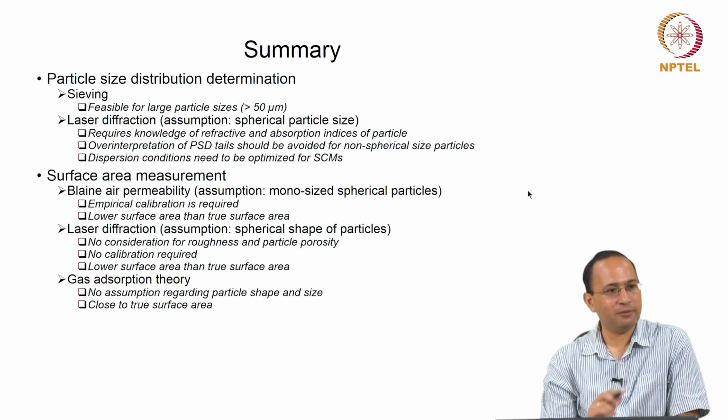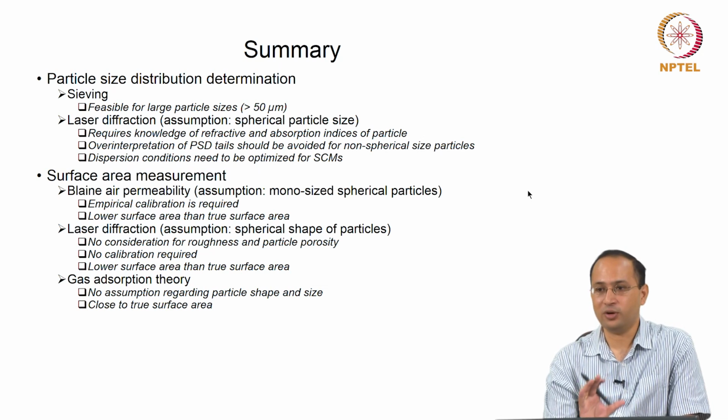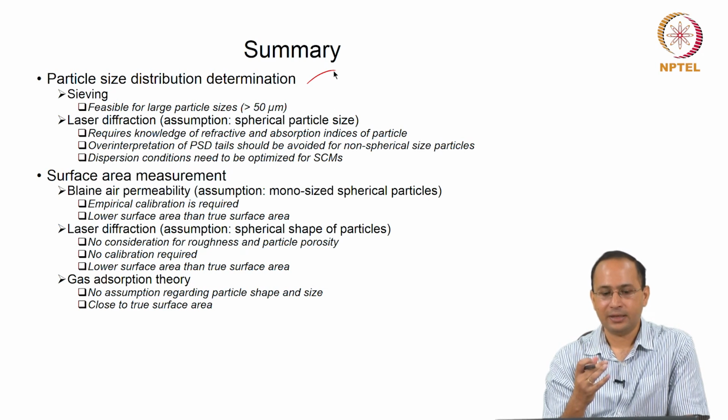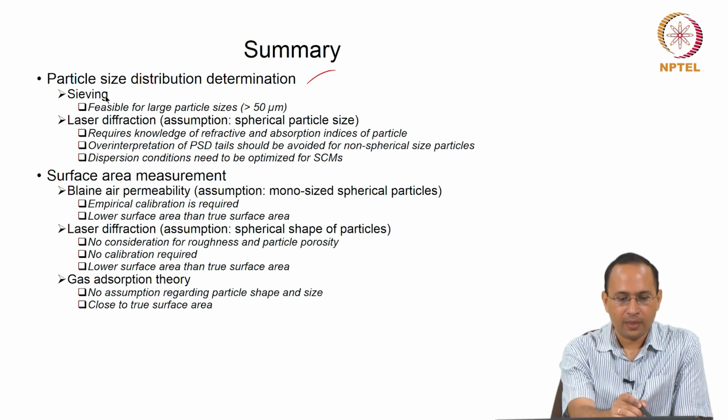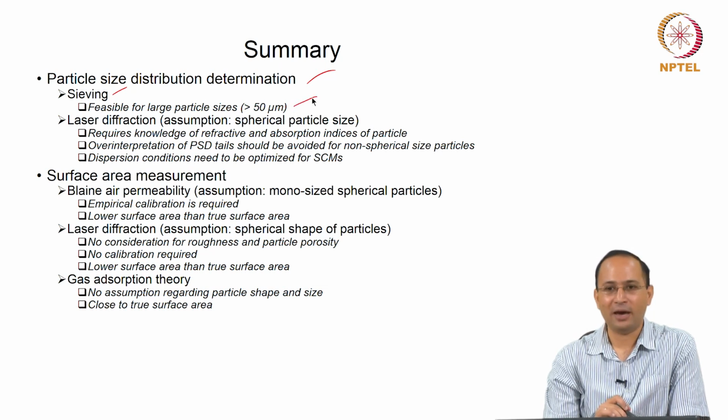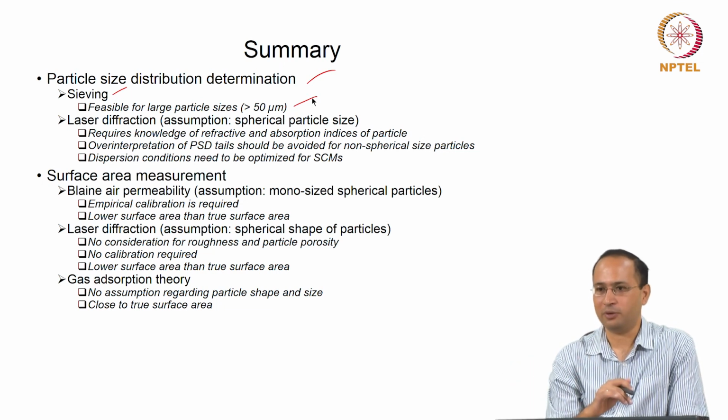So, in summary, what we have studied, what we learnt, these are the main points you should take away from this lecture. Two aspects, both particle size distribution and surface area, are complementary, right. If you have a material which has a very fine particle size distribution, that tells you it has higher surface area. So, these tests are complementary. How do you determine particle size distribution? Easy way is sieving, commonly used, but sieving has its limitation, that is what we looked at. If you have particles below 50 microns, it is not feasible. For coarser particles it will work, no issue.